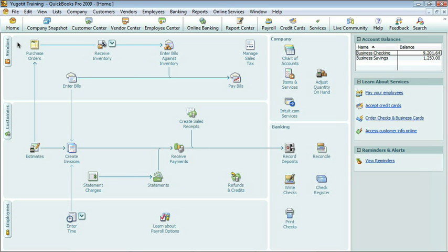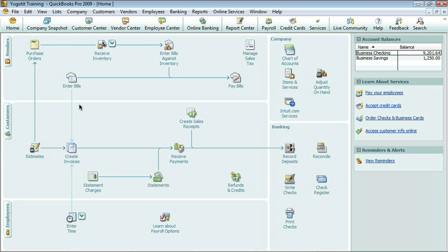But what we're going to do is start with the simplest sale of all, a cash sale. Now, cash doesn't mean that they necessarily paid with cash. It just means that somebody walked into the store, made a purchase, and paid for it, and it's not being invoiced. It's a single transaction that all happened at one time. So what we're going to do is go ahead and do that one first, and it's actually very simple and